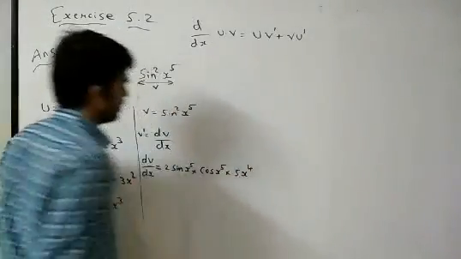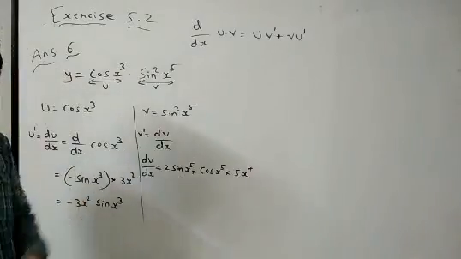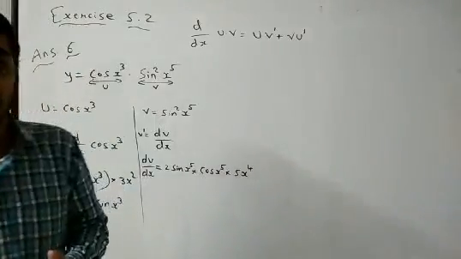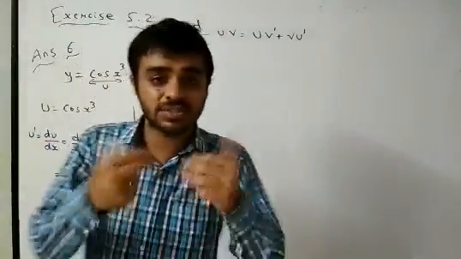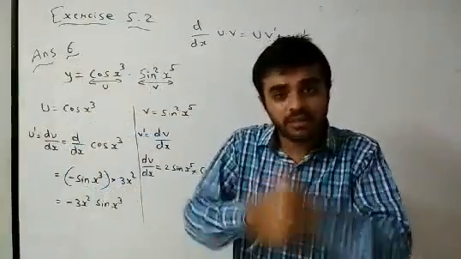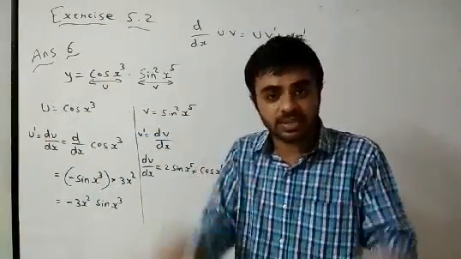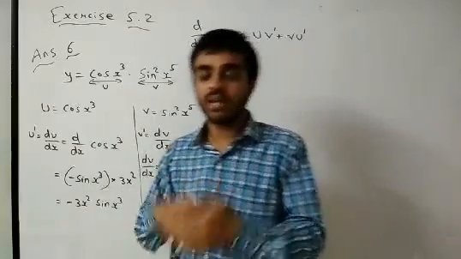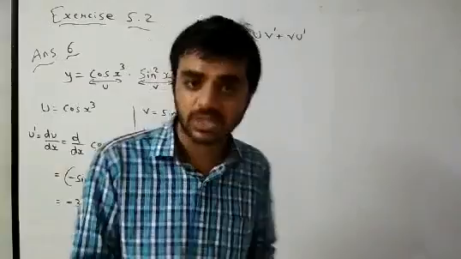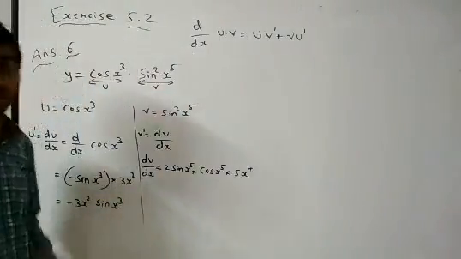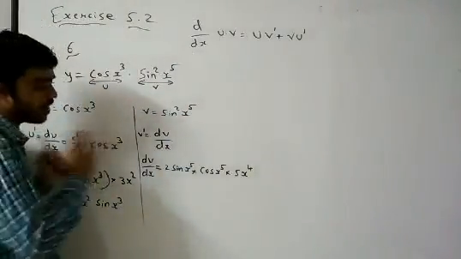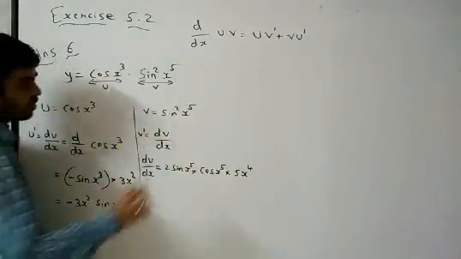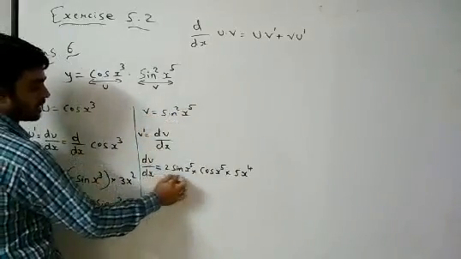5x power 4. Now you have to understand this slowly because in the start of the exercise, first of all we remembered the derivative of sin x, that is cos x. Then we remembered the derivative of cos x, that is minus sin x. Then we went on to the derivative of sin x square, then cos x square, then cos x cube. So now we are doing this derivative. Now listen, how I have solved it here. v is equal to sin square x power 5, so the 2 will be coming down. So 2 times sin x power 5.